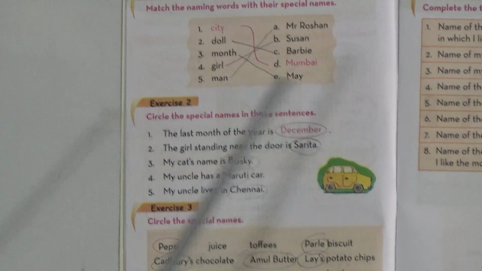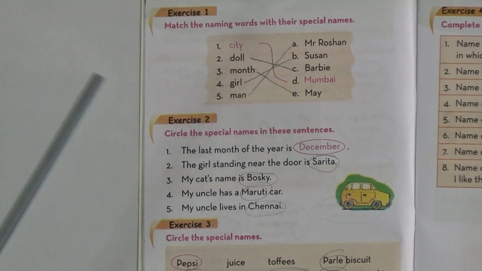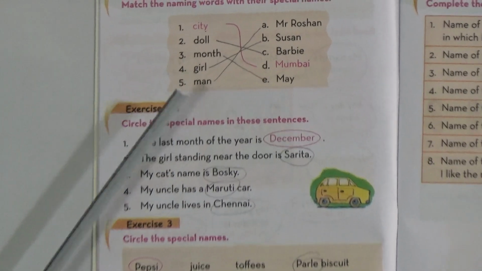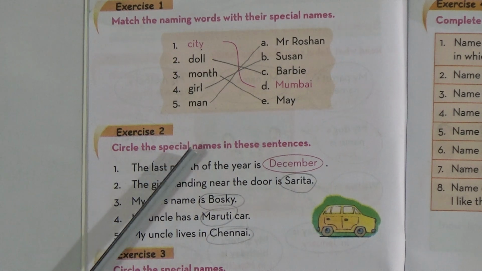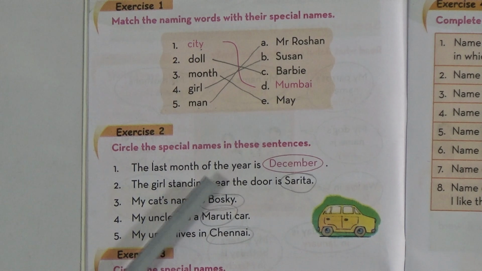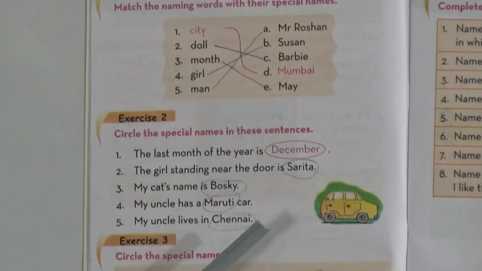In your book, you can see a picture, and written on that picture is: my parrot's name is Mitu, my name is Rohul, my dog's name is Joy, we live in Pune, my birthday is in January, my sister's birthday is in March. All these words which are in red ink: Mitu, Rohul, Joy, Pune, January, March,